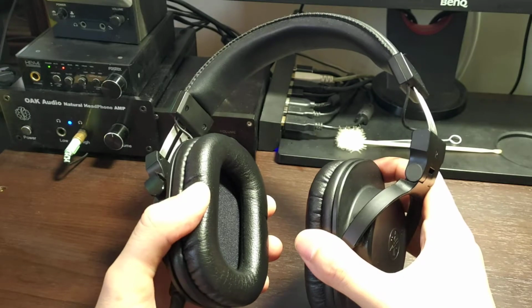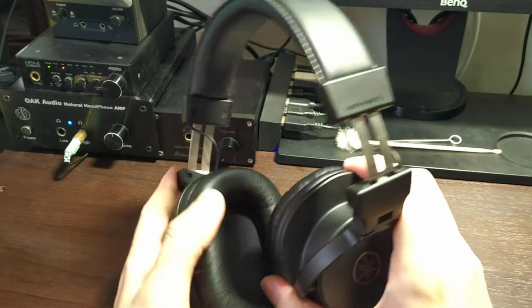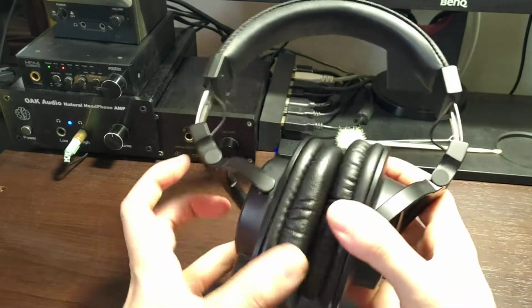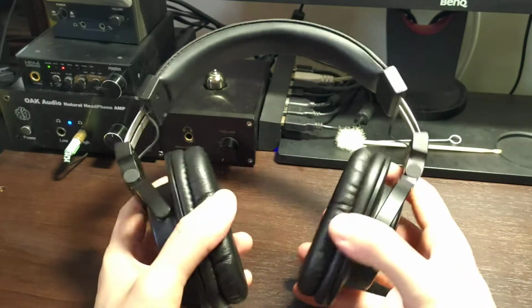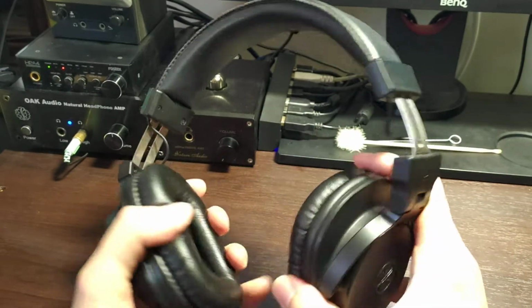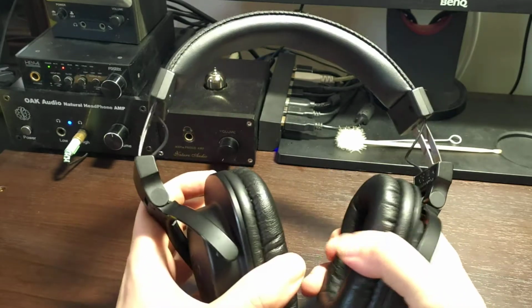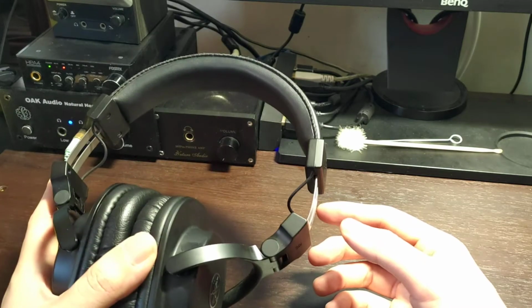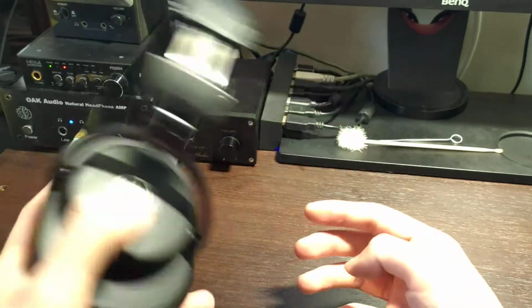The ear pads are pretty soft. They are a faux leather. They're pretty soft and they're very durable. I've had these for about 4 years, like I said, and they have stood up to the test of time very well. I did apply some oil to the joints of this pair of headphones, so I hope